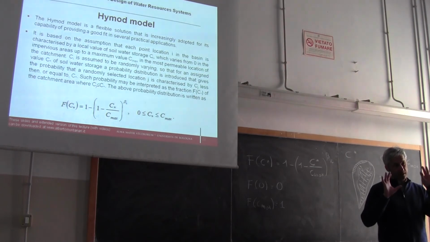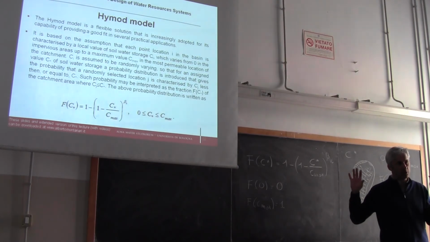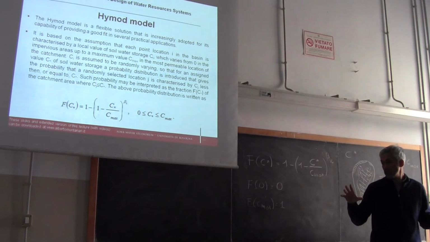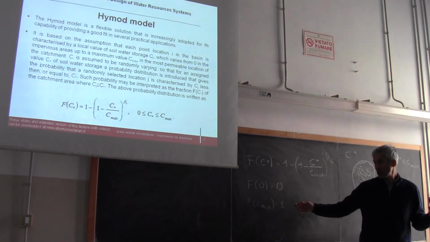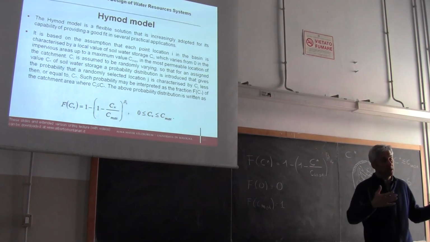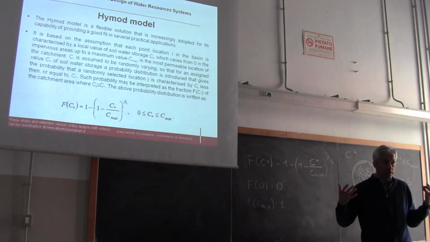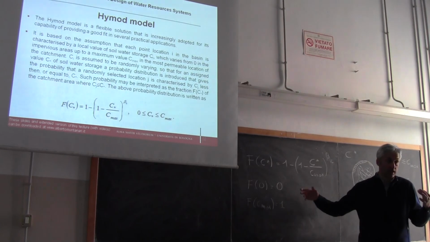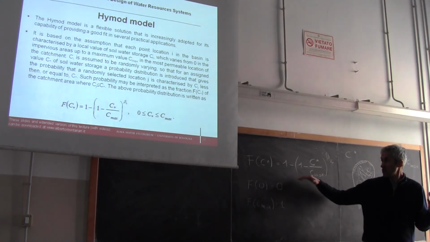Look, this function could have a different shape. This is just one possibility. And the different shape could also be that it's not varying from 0 to 1, but it's varying from 0.2 to 1. Not necessarily should it start from 0. This relationship here